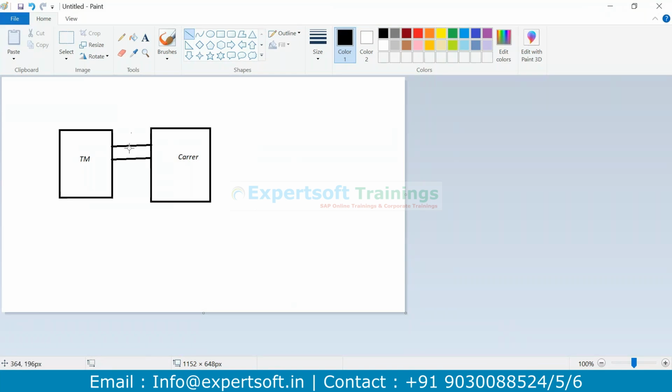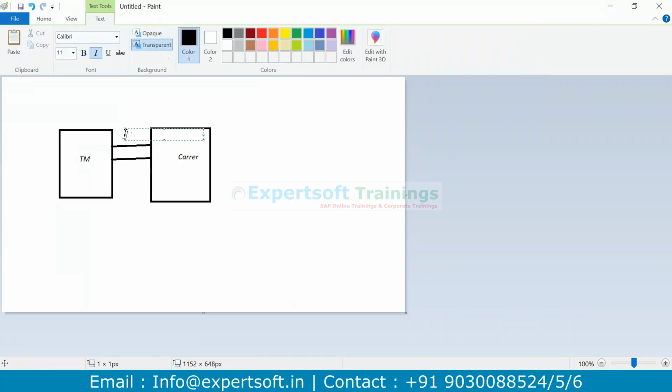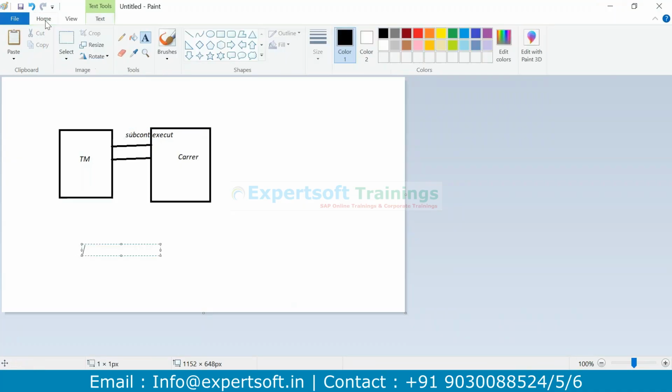We are sending, in the current design as-is without BN4L, via XML. So the confirmation is also coming via XML from the carrier. This is for the subcontracting scenario, where we are asking the carrier to execute the shipment. In the other scenario, if you implemented BN4L, the difference is you have your TM system as it is,